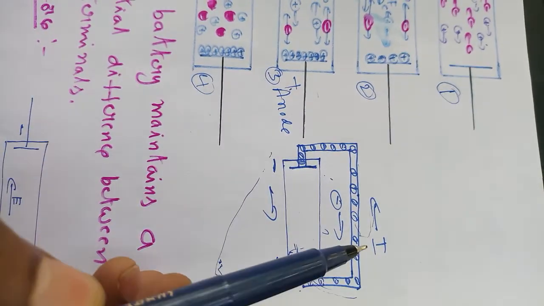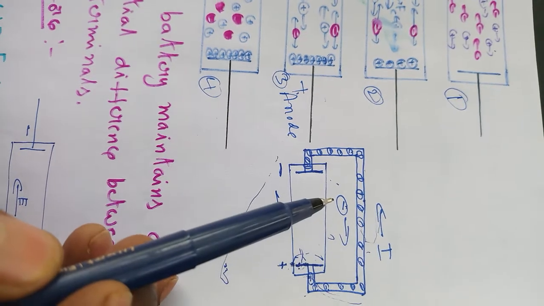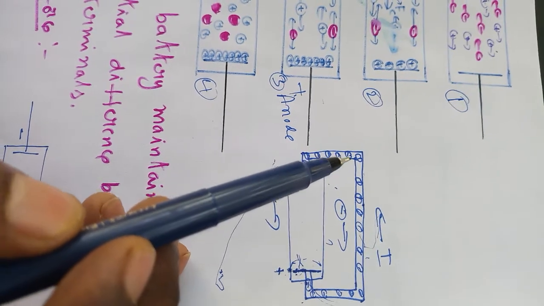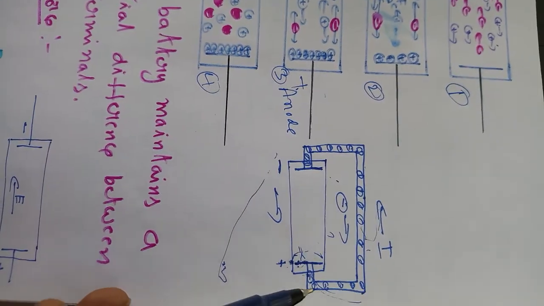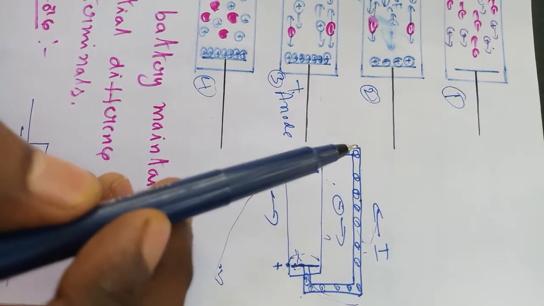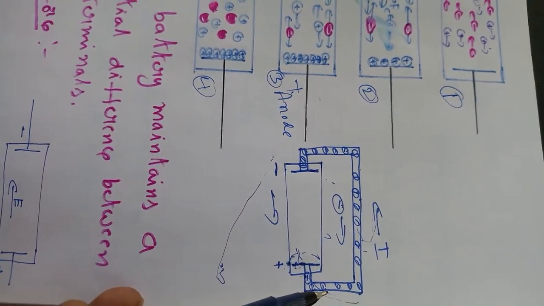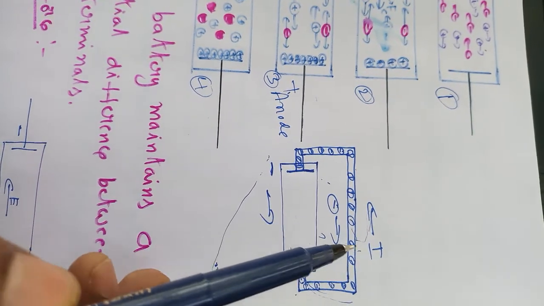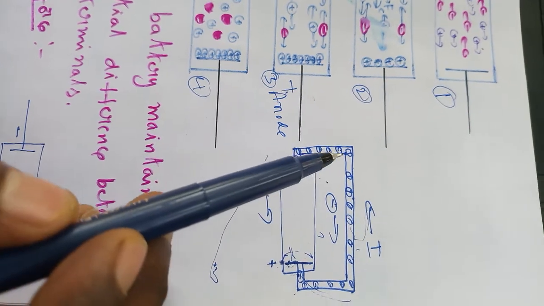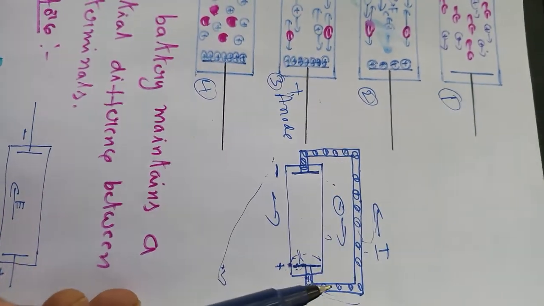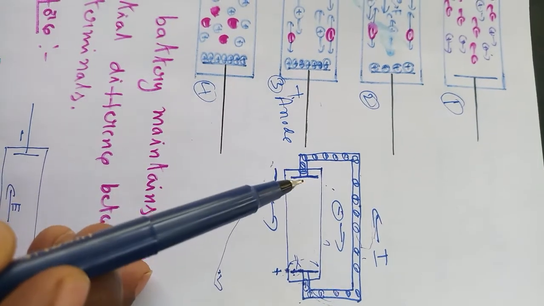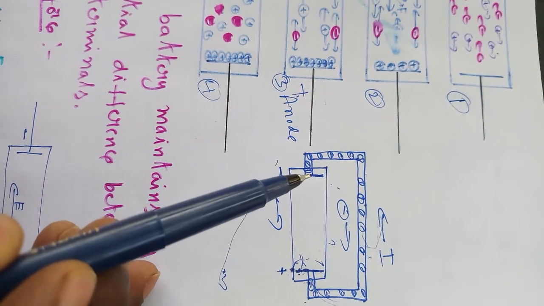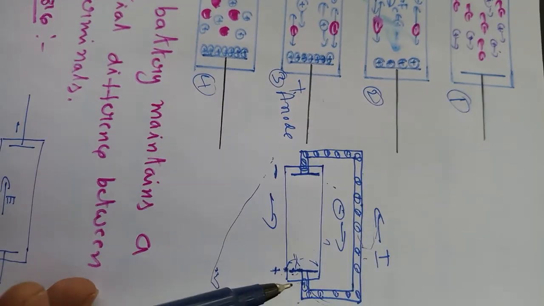That means in this direction electric force acts on the electrons. So that's why electrons of a conductor move from a lower potential to higher potential. In this direction electrons move. See here, this is the direction of motion of electrons. Opposite to the direction of motion of electrons, current flows. So this is the external circuit. In the external circuit, current flows from a high potential to low potential, whereas electrons flow from a low potential to high potential.